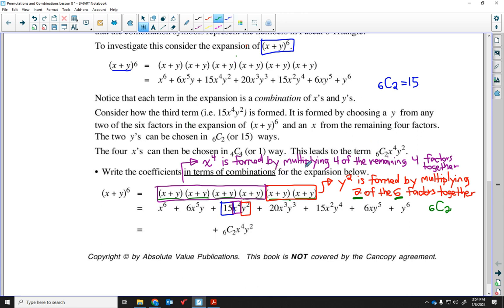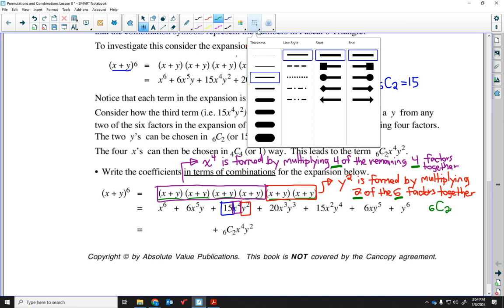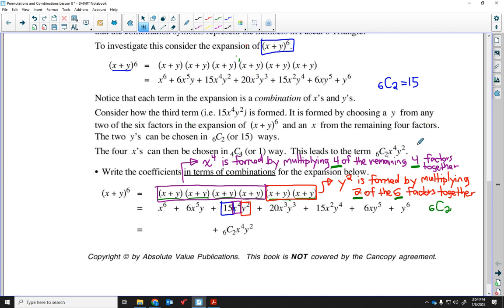Now, if we multiply the 4 remaining factors together and write this in combination form, this would just be 4 choose 4. Now, to write down 15x to the power of 4, y squared, so in terms of where exactly that 15 comes from, let's just write this down here. So we're going to have, maybe we'll do it up here. Okay, so we have 15 x to the power of 4